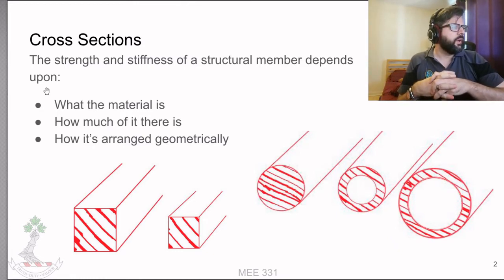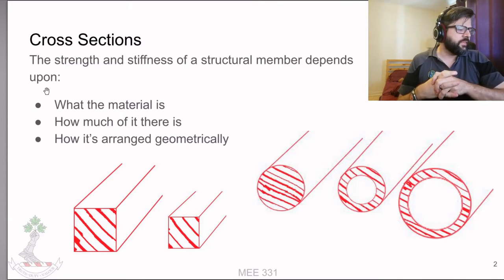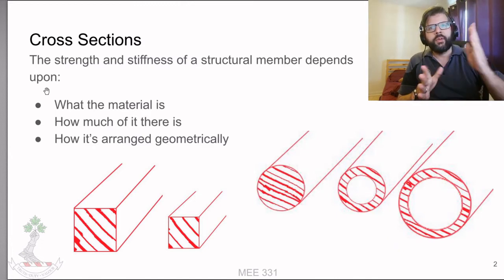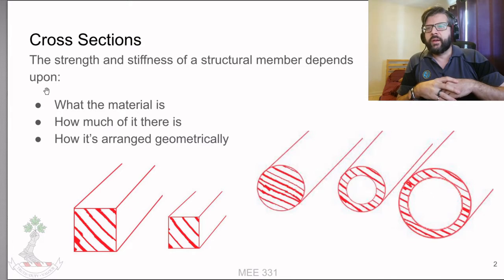If you have a square bar that's a particular cross-sectional area, when you cut off the end, that can have vastly different properties in how it